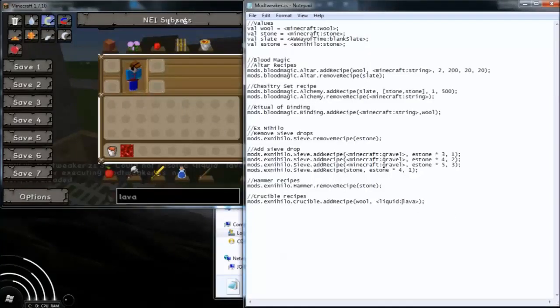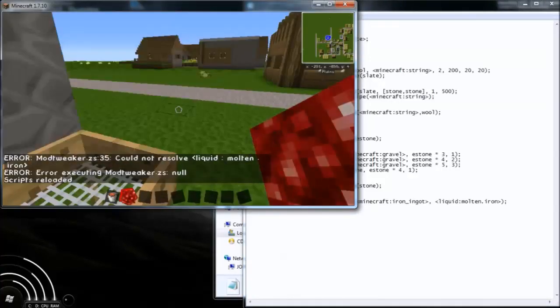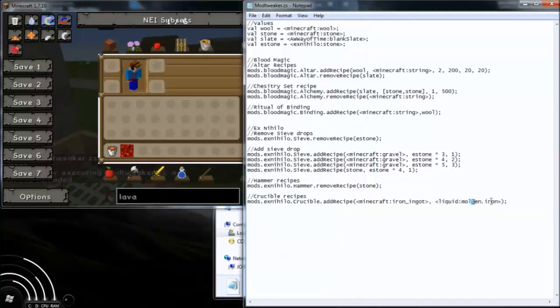I just thought what the problem is. Molten iron. See, this is what I mean by you don't always notice stuff straight away. You think, oh, I know what I'm doing, and then BAM! You just get hit in the face by a bit of obviousness. So yeah, molten iron doesn't work. Okay, that's fine, that's fine. We will do it as lava, and we will use wool, because